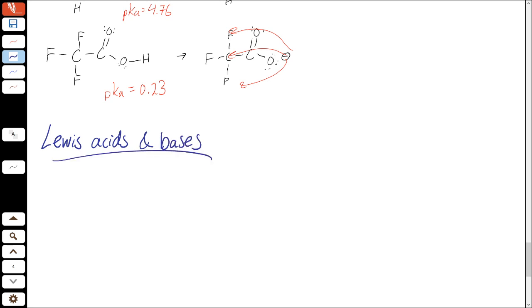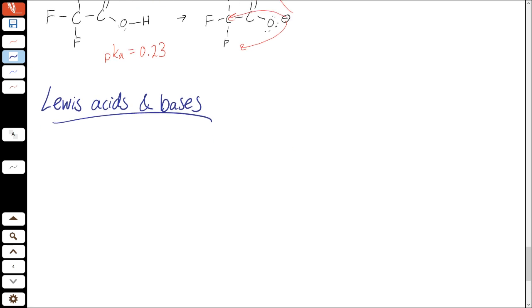Now, the Lewis definition is often less convenient when we're talking about molecules that we define as acids and bases, like the ones that we just did before. But the Lewis definition actually expands the definition of acids and bases so that we can essentially explain every chemical interaction and reaction in terms of acids and bases, which is again why all those effects are so useful to know. So a Lewis acid is defined